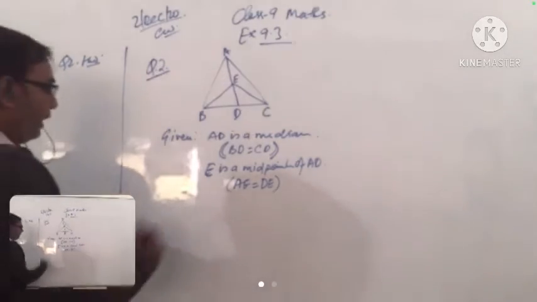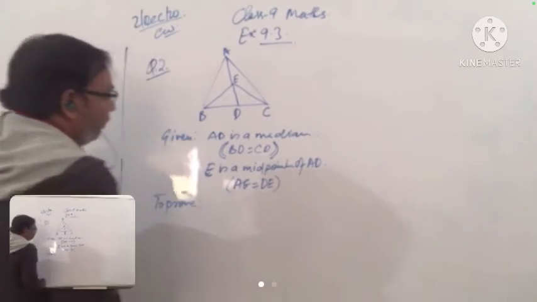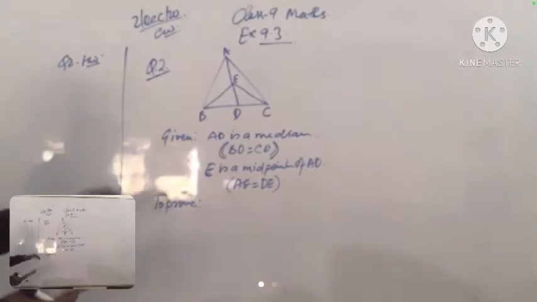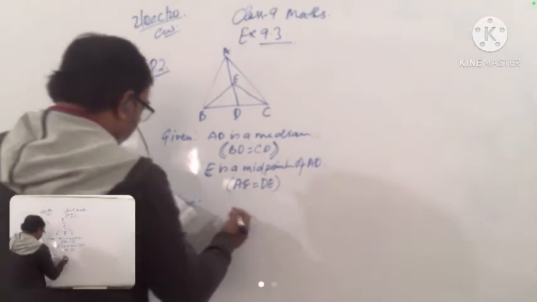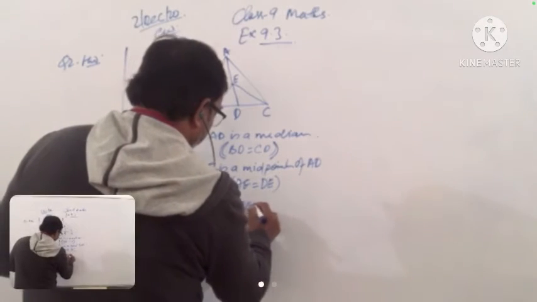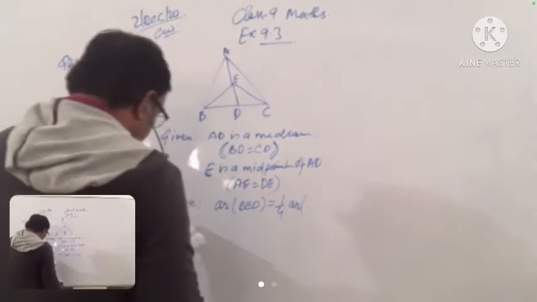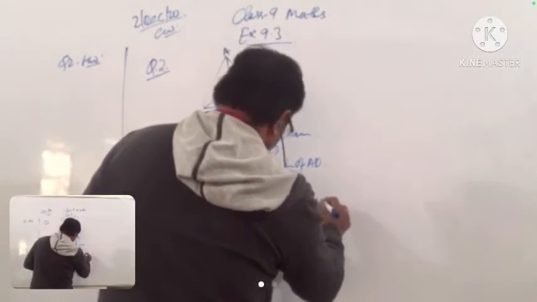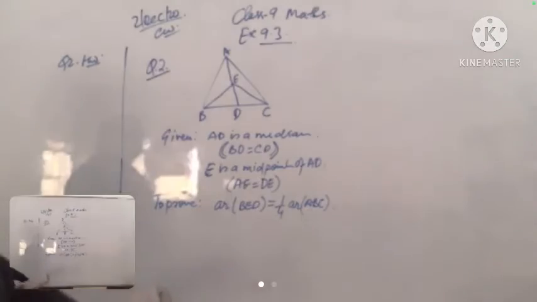Okay. Now we have to prove. Now this proof has to be written, the step after that you have to write yourself, I will only explain it. Prove area of BED. Don't write it because this is the question. This is the homework. So just understand what to do, and you can write your own. Now see,